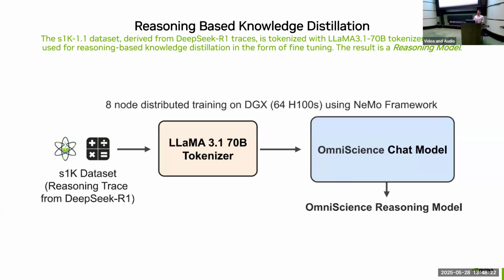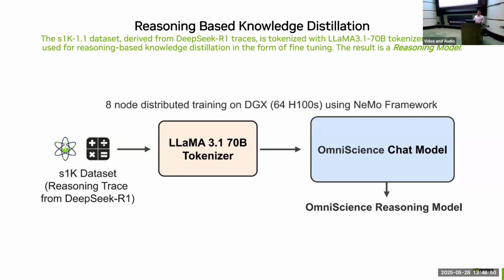And so this is the way that we're incorporating this reasoning ability into our Omniscience model, by training directly on these reasoning traces that show our model how to reason and think about complex problems. This is in contrast to the other style of incorporating reasoning, which is by directly learning how to reason through reinforcement learning, which we heard about this morning.